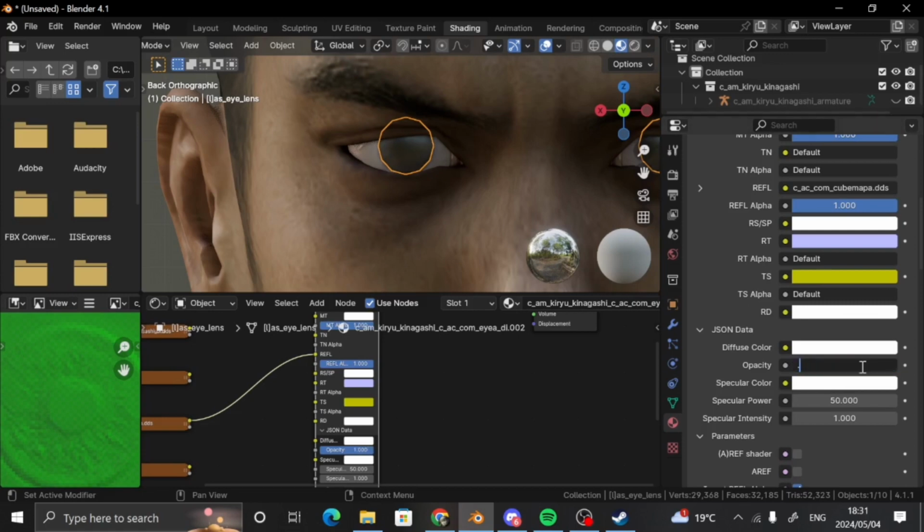Instead we'll put it at 0.5. This works fine for Kiryu. Who cares? Alright. With the cube map now, I think